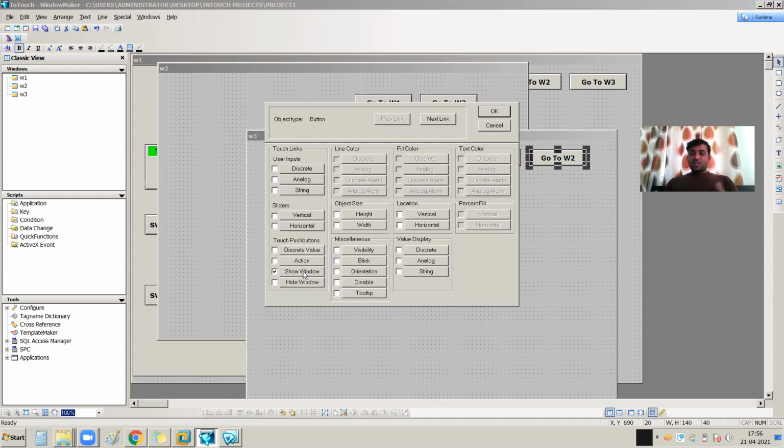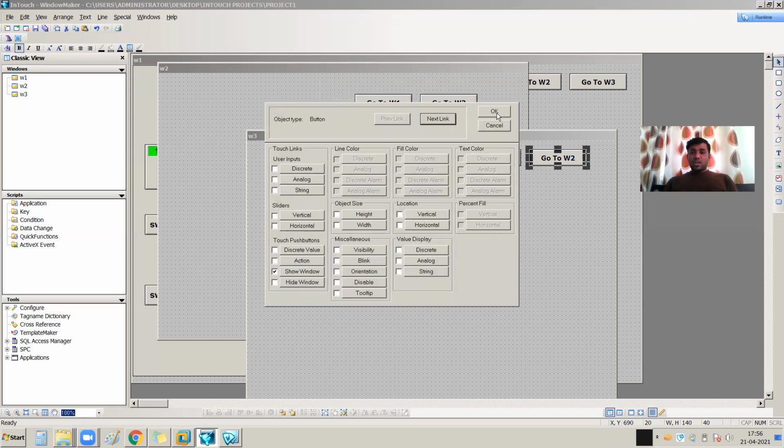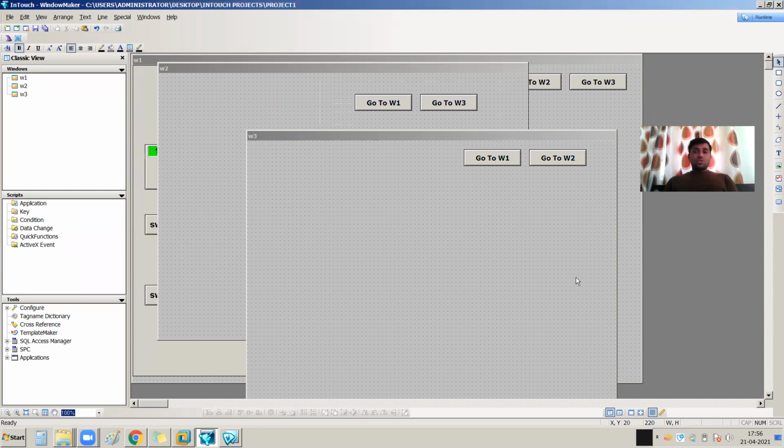Under Touch Push Button there is a Show Window animation link. I just need to select w2, press OK, press OK. So all three windows have two buttons: one will go to w1, one will go to w2, and one will go to w3.